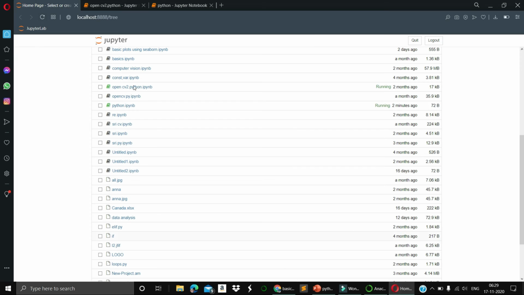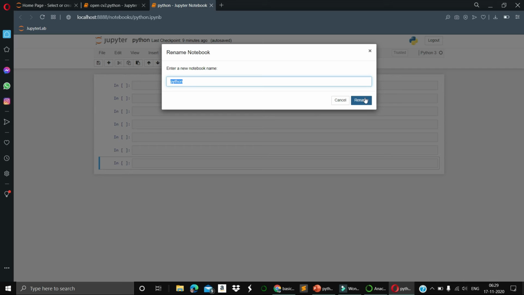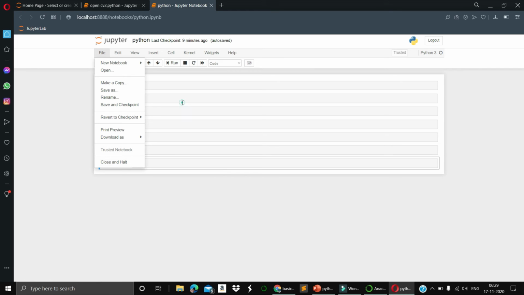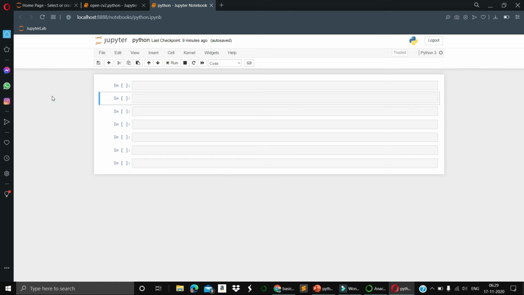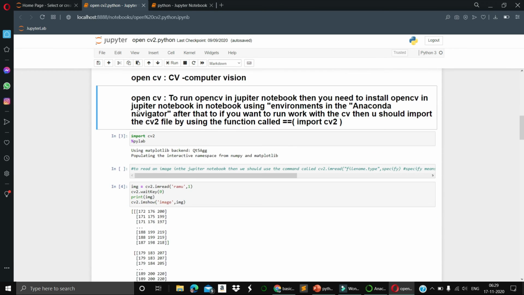And another thing is Jupyter Notebook. Jupyter Notebook is also one of the efficient tools. From this you can change your title, and this is the file menu. You can create a new notebook, open, copy, or anything. All the things are available. One major thing is, I haven't used so many things like it.